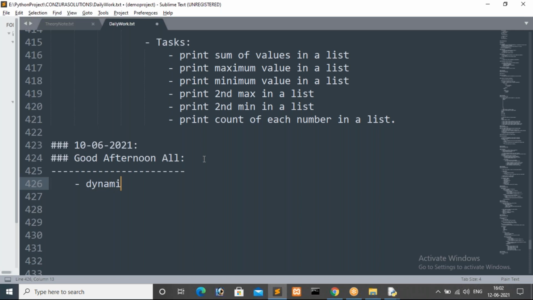So I will give dynamic list generation. Now I have to generate a list dynamically in a single line. For that I will give the requirements, the input. Just follow me, guys, then you will get clarity. I want to give input, enter nums. For the user I want to show a message that says enter nums.